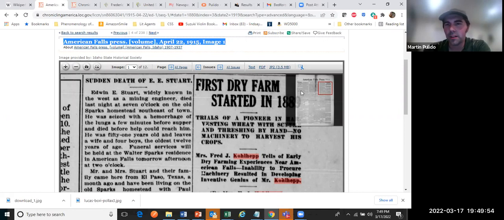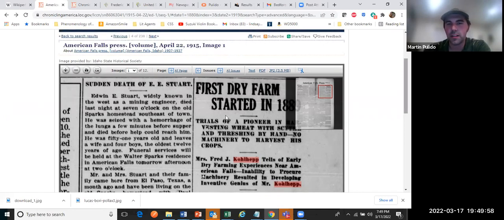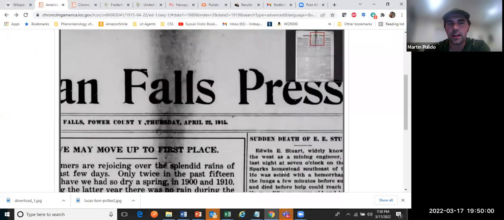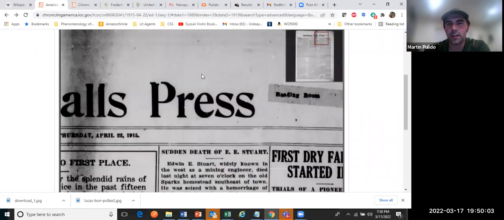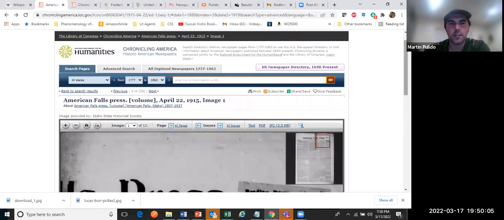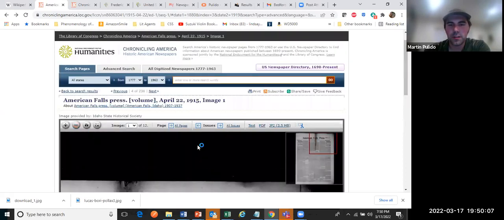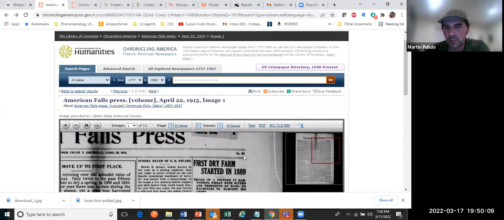Well, part of that's helpful, right? I get to know the article's date, but there's other information that isn't on there that I kind of have to look at the actual article to find out. Ooh, how do I zoom out here? Well, you can see over here, it mentions the number of the newspaper.